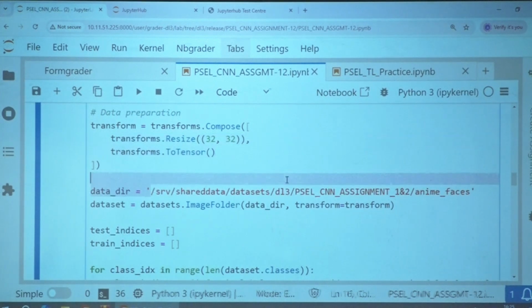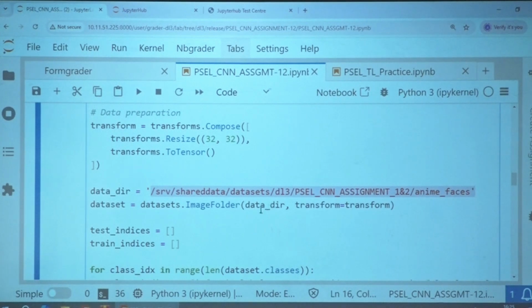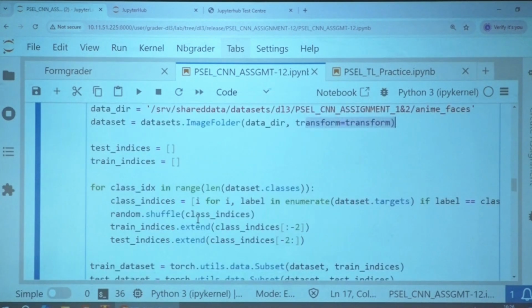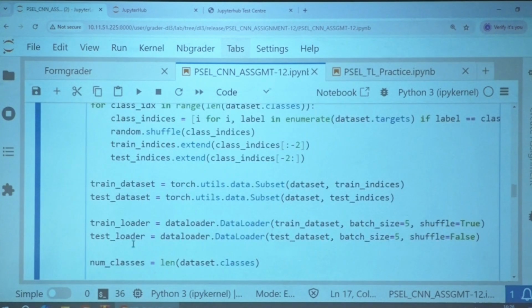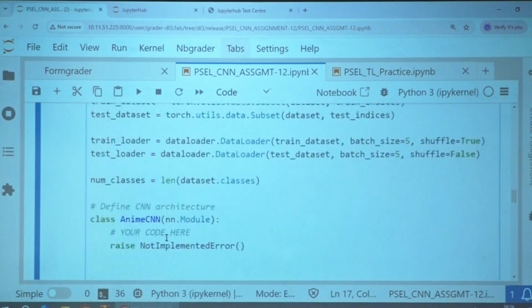This is the data directory where the animated faces data is available, and you loaded it and created the data set by applying this transformation, and indices were defined, and the train data set, test data set and loaders were all defined. This part is over.